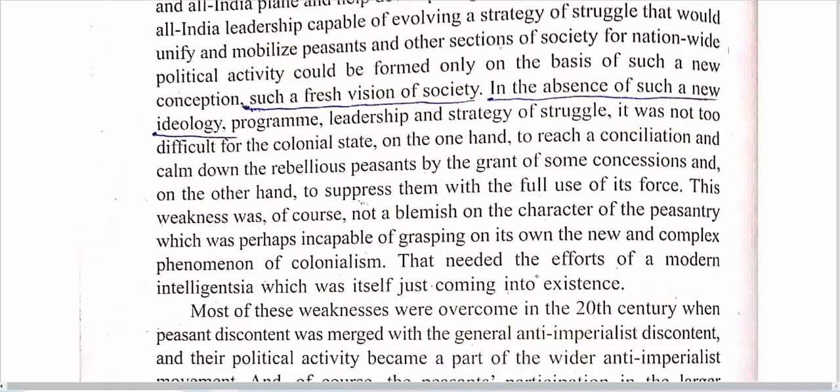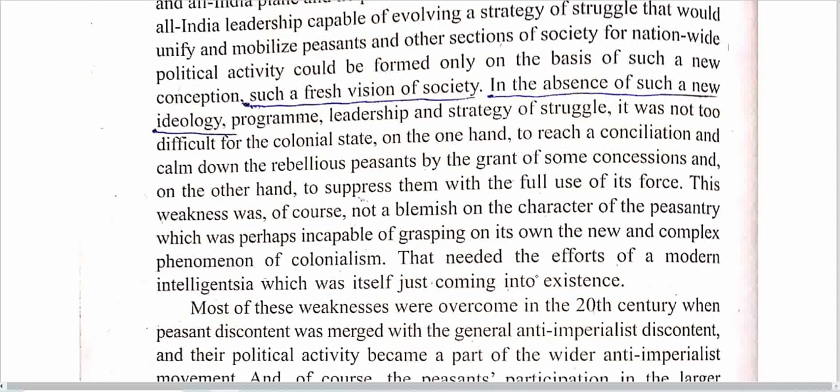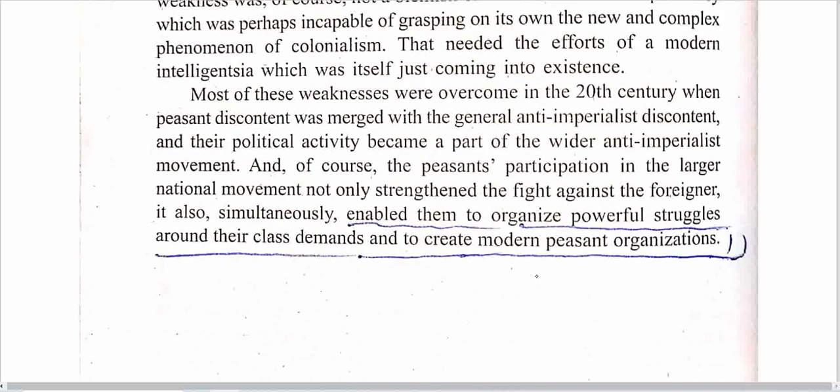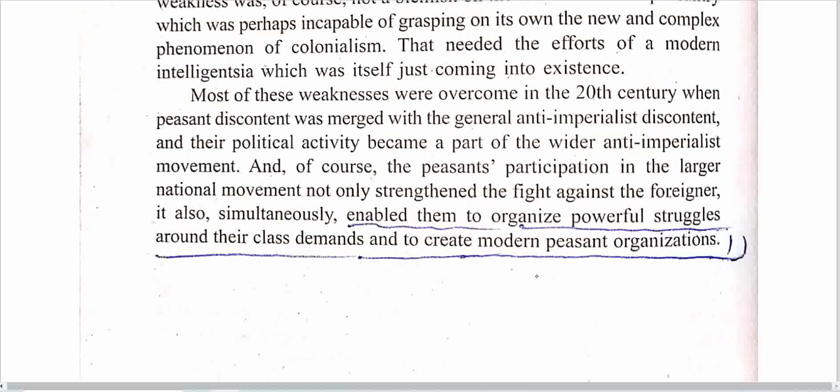Such a fresh vision of society in the absence of such a new ideology, program, leadership, and strategy. Okay, so that's the end. Powerful struggle against the class demands and to create modern peasant organizations. Okay, anyway, I don't think this chapter is so much important from the UPSC point of view because yes, there are specific questions that can be asked from UPSC and PCS, like the name,